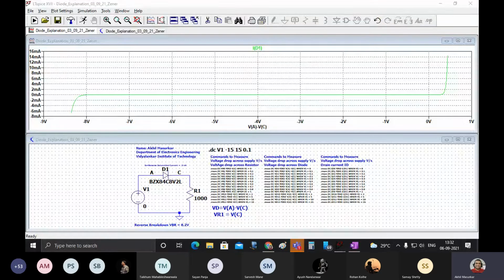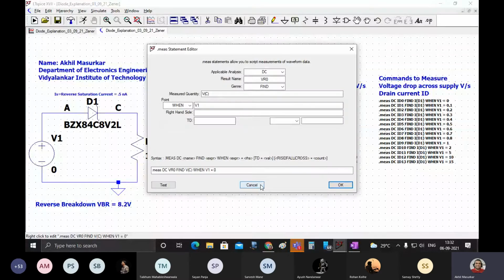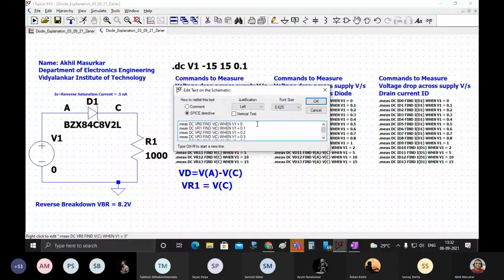Okay. Now, since this is a Zener diode, we are interested in the reverse characteristics more than the forward characteristics. So what you can do is you can keep these readings as it is, but you can add some more dot measure commands. Control M, and instead of VR0 you can say VR -1,